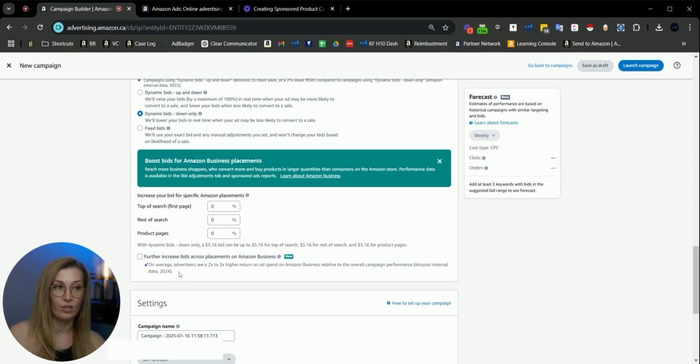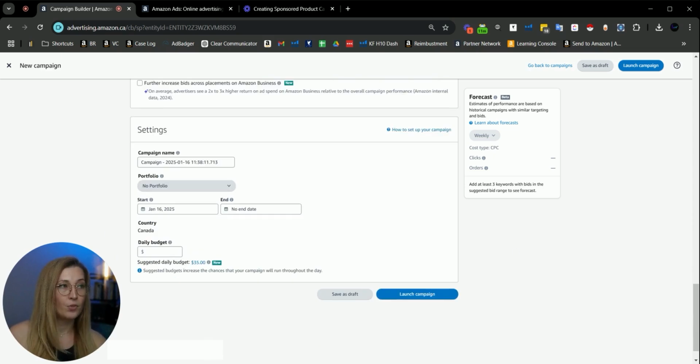Is it rest of search? Or is it product pages? And next we would scroll down just a bit more, and here we arrive at the settings section. And basically this is going to contain the campaign name, the portfolio, the start date, and the daily budget for